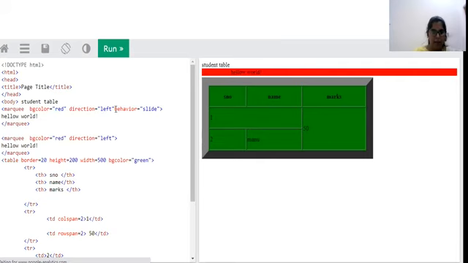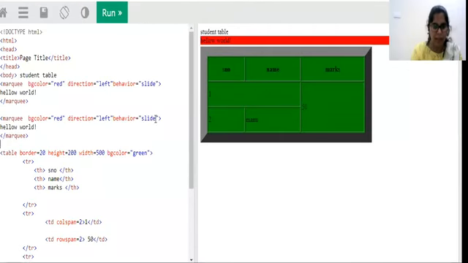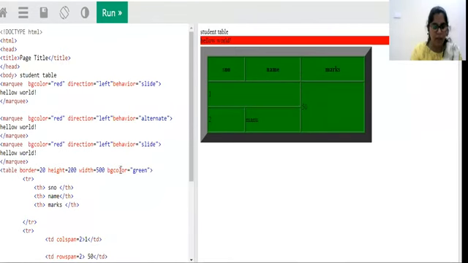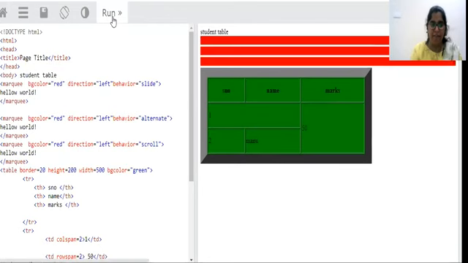Here I am mentioning behavior as, let us take the behavior alternate here. And let me go with the third one. So let's see how this group will behave.